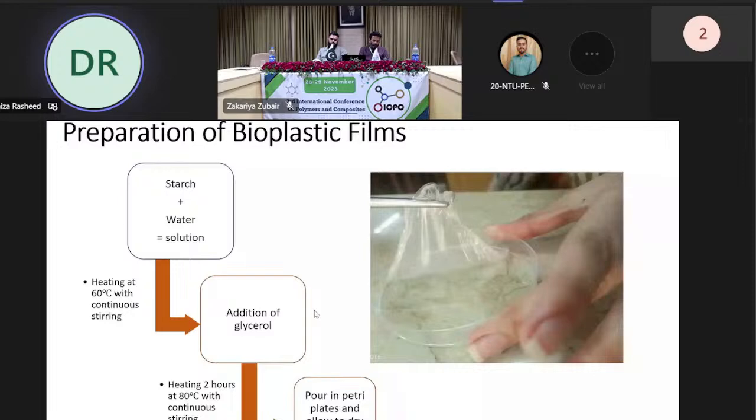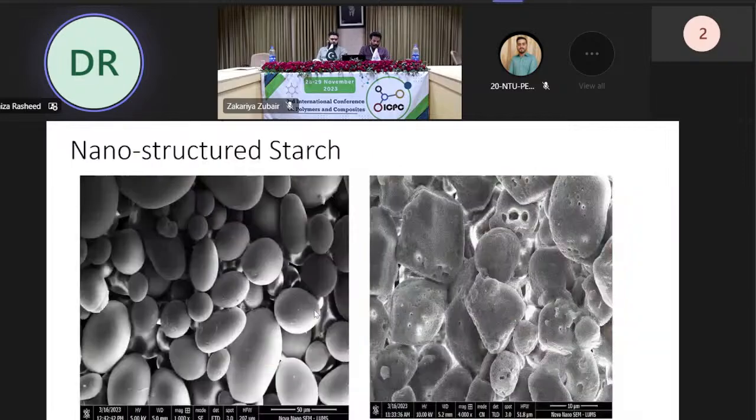Then it was intended to produce the bioplastic films. A starch water solution was made, and then it was heated with continuous stirring. Then a plasticizer like glycerol was added, and the heating was done up to almost 80 degrees centigrade with continuous stirring for almost 2 hours. Then pour it into the petri plates. This is the casting method, and then allow it to dry, and then peel it off, like you can see in the figure. So next was the characterization of this